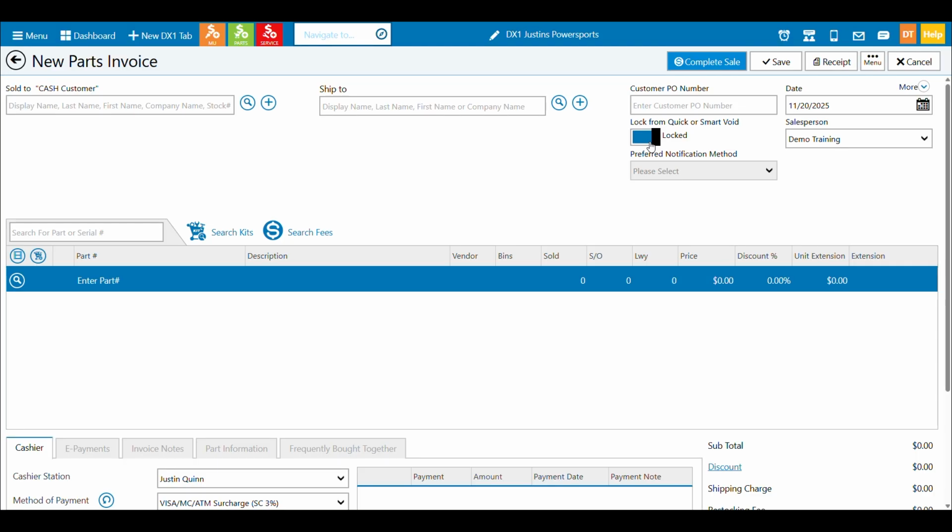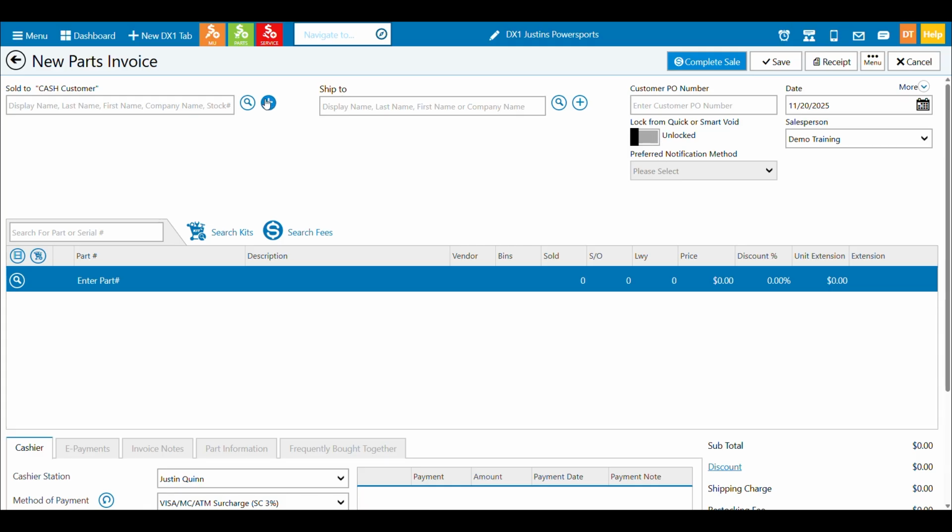Again, I've mentioned that tool in a number of chapters. It really can help keep your system maintained, but maybe something that you're working on, you want to keep locked from the process, so you can come here, toggle this on. When you do that, it'll keep it safe from some of the automatic processes or quick voiding.